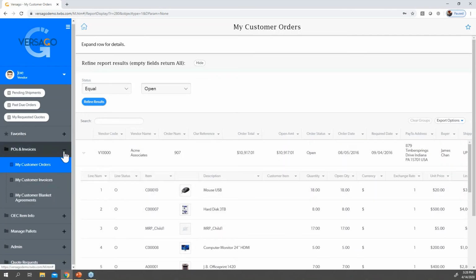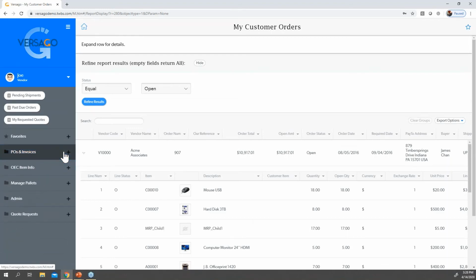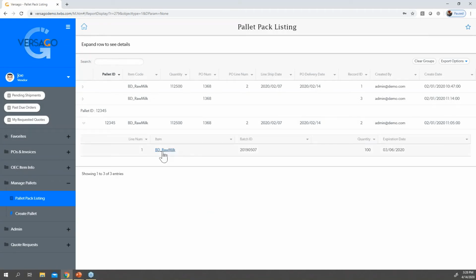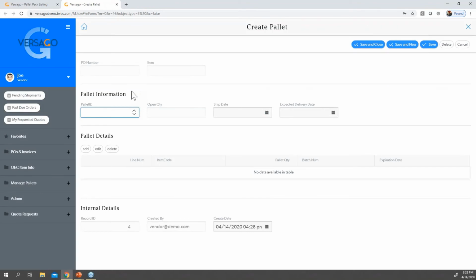Now, further to the less touching, we can also go a little bit further. This is where we can have our vendors start to package these goods for us. So if we have these orders that need to be palletized, we can have them create the SSCC and scan it so that we know which box these items are in and what's in those boxes.